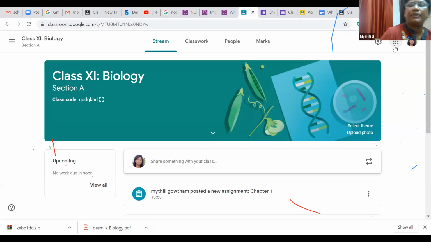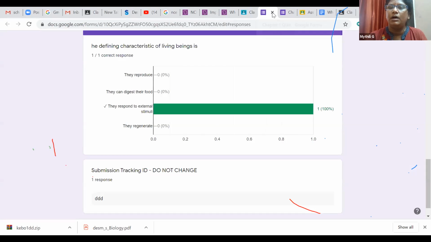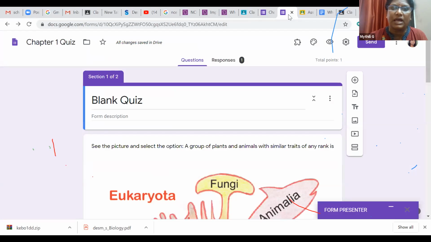Drag and drop is not possible with Google Form, because they do not have that type of option here.